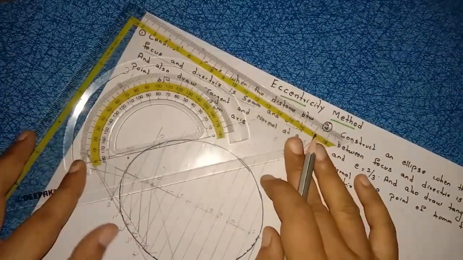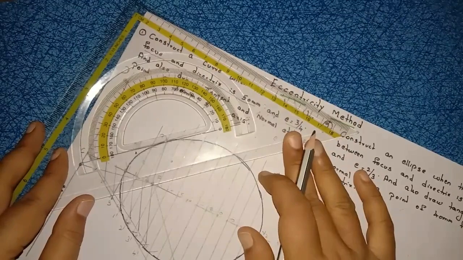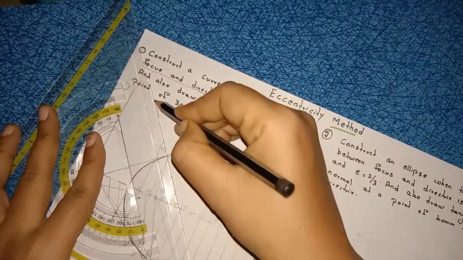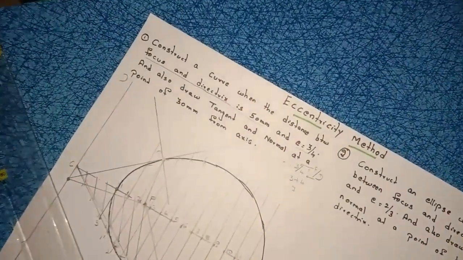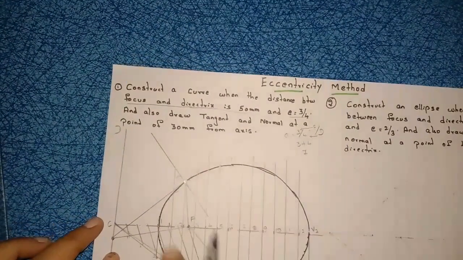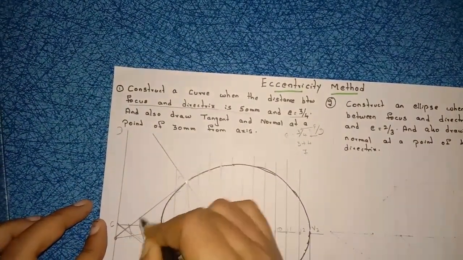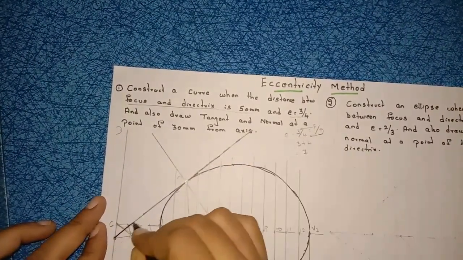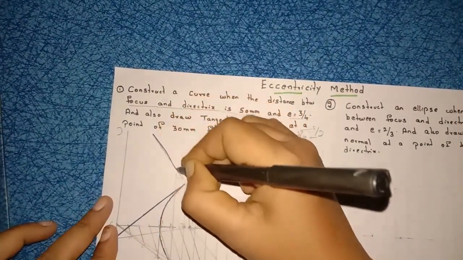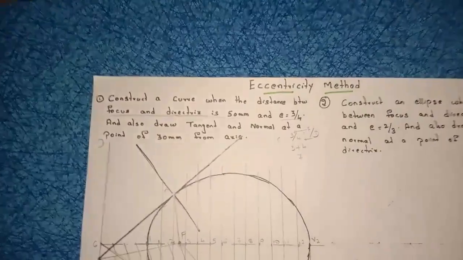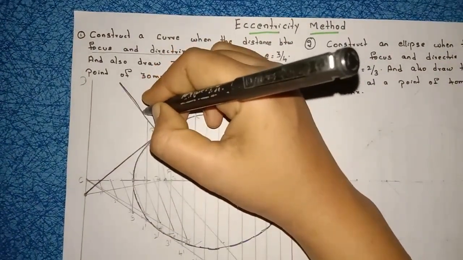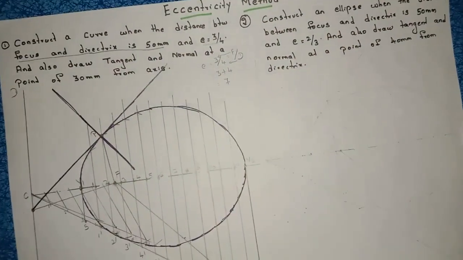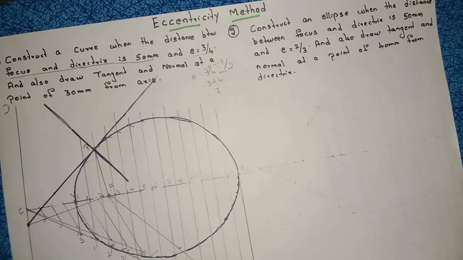Exactly perpendicular to the tangent. That means keep your protractor on the tangent line. Mark 90 degrees. Right? You will get the normal here. Right? So in this question, the ellipse is the output and also the tangent and normal are output. So tangent and normal should also be dark. This is your tangent and this is your normal. Right? So this is the total construction of this problem. If you draw step by step, it is very easy. Now the diagram is completed.